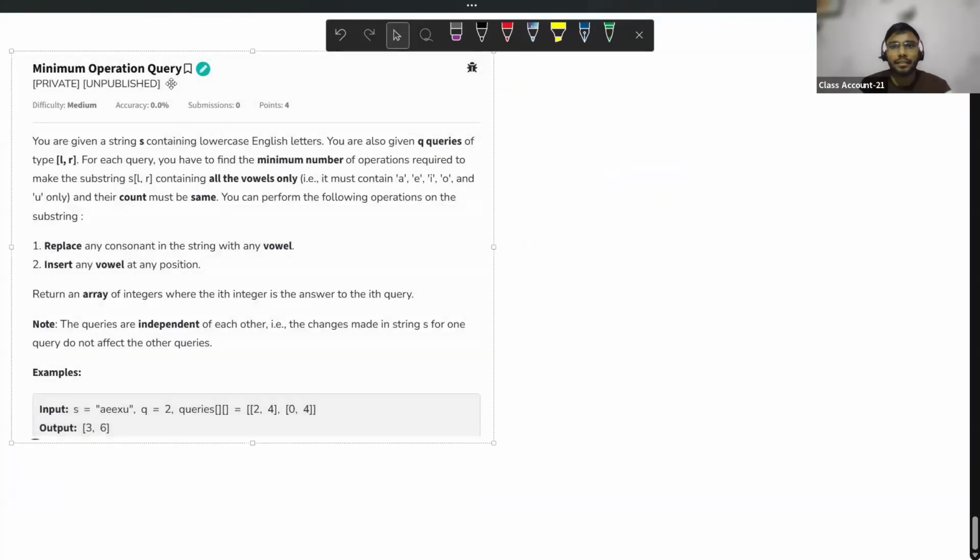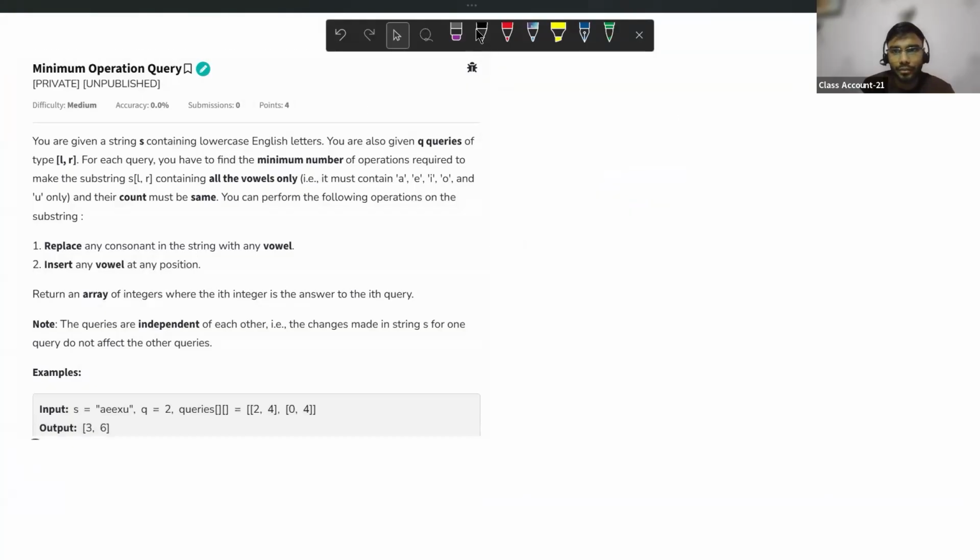Okay, so let's see what the question is. It says that we have a string containing lowercase English letters, and we have Q queries of type L, comma R. Now we have to find the minimum number of operations required to make the substring from L to R valid.